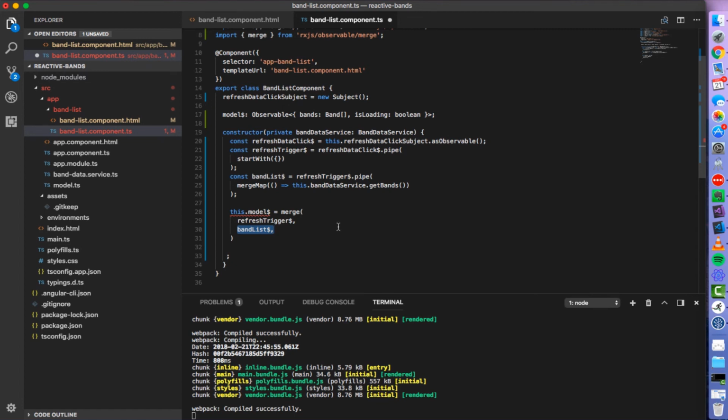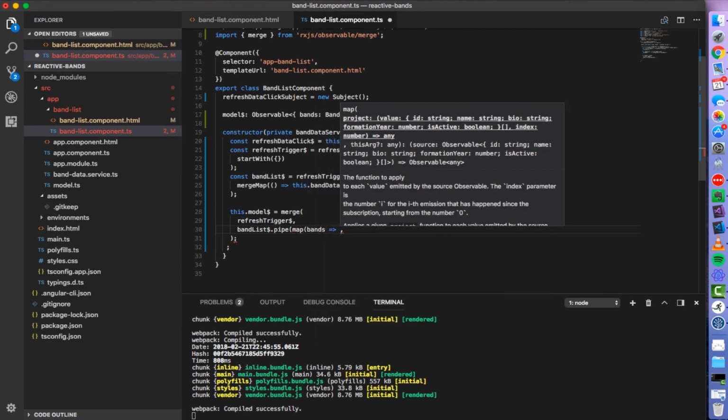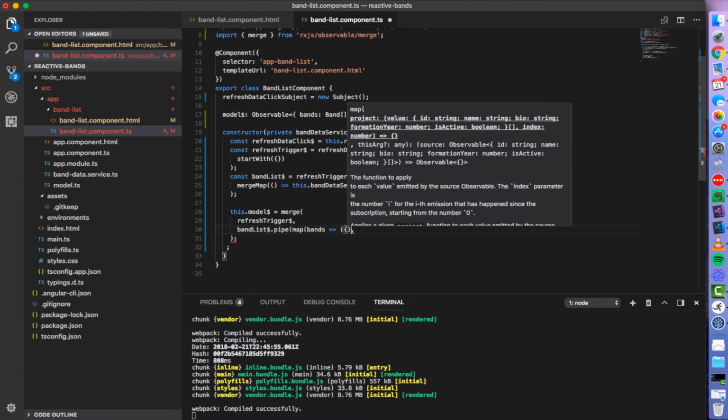Cool, we're almost there. The problem is that this observable emits empty objects, and this observable emits lists of bands. So we somehow have to make the return types of these observables consistent. And for that we can use the map function. So let's start with this guy. We call pipe on it, and inside we pass the map function, which takes the array of bands and returns